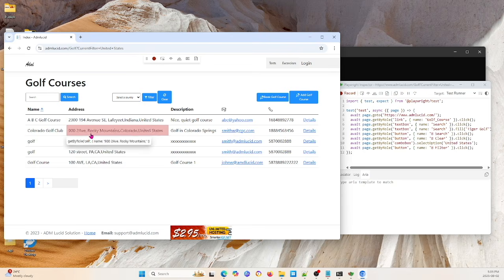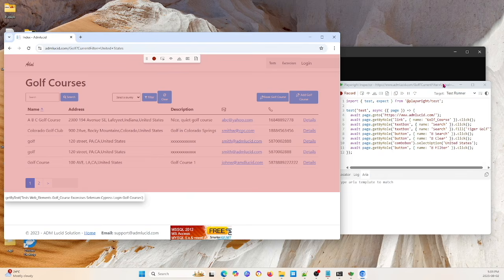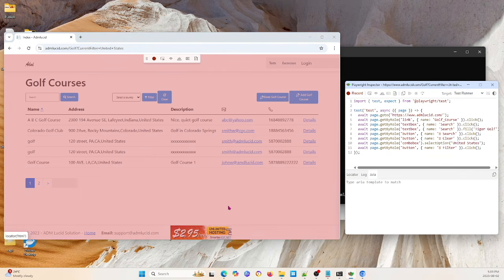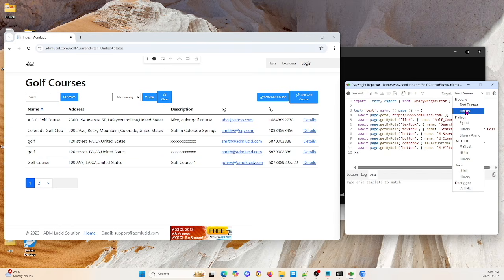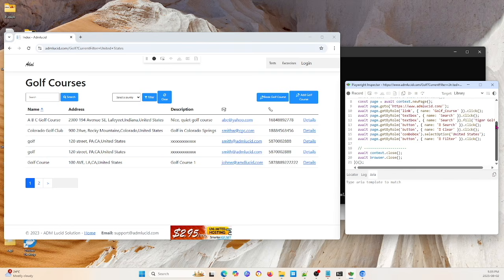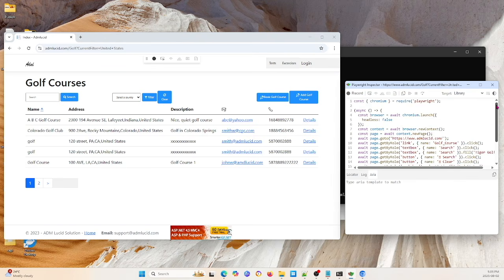Here is the name, the address, and the description and something. And then I record each step. You see here it reads each step, and I stop it. And you can check here. I want the Node.js library or something, or just get this one, and then I copy